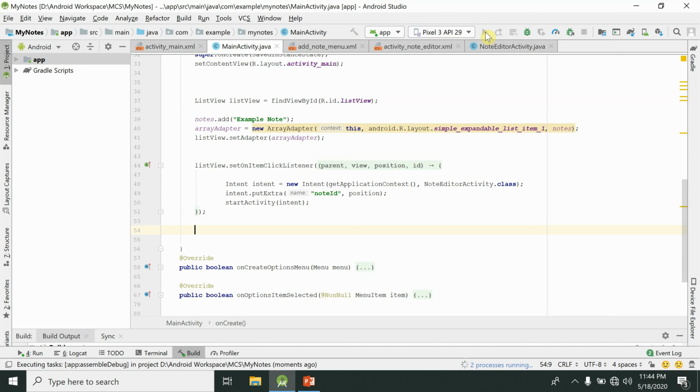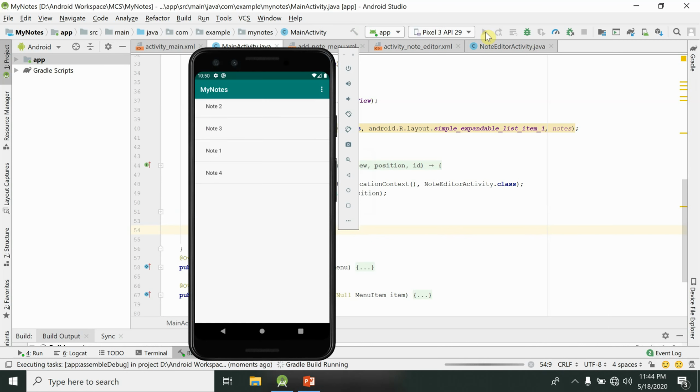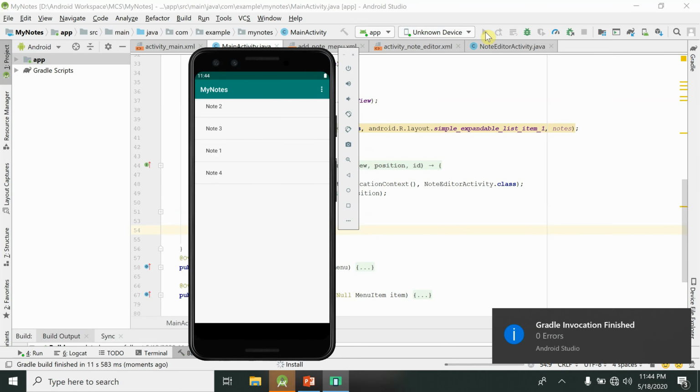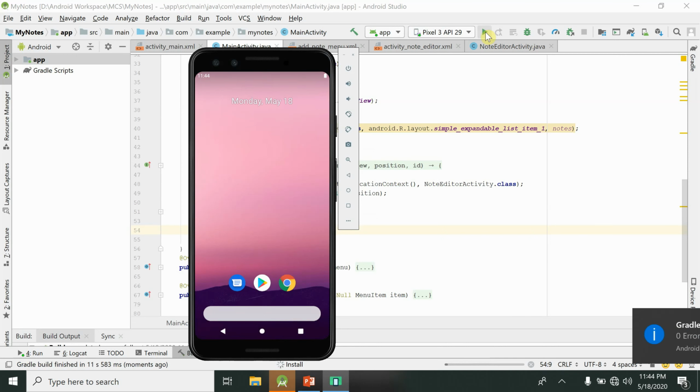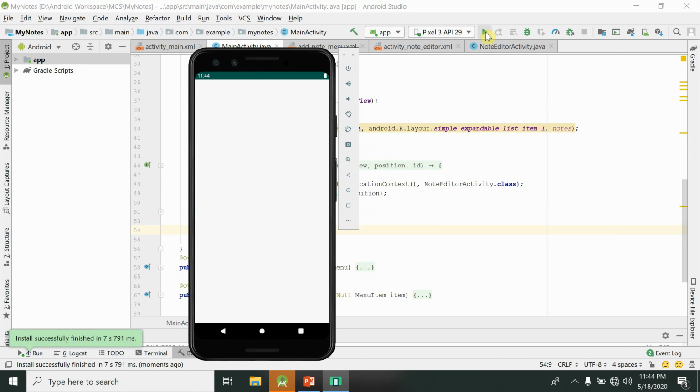So Gradle has started its job. Gradle is responsible for managing your files, for compiling your files, and for running your files on your mobile screen. It is also a configuration management tool as well as a dependency management tool. So whatever library you are using, Gradle is there to integrate those libraries from the internet and from any other source into your application.